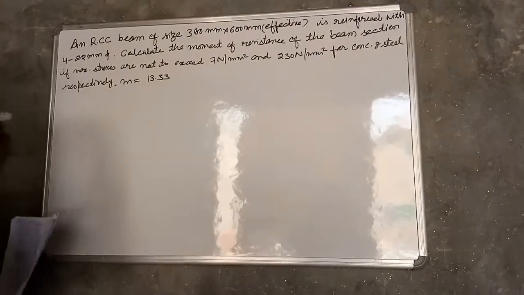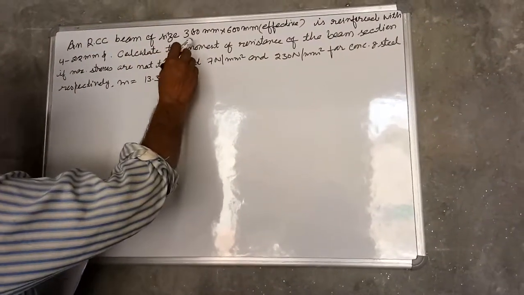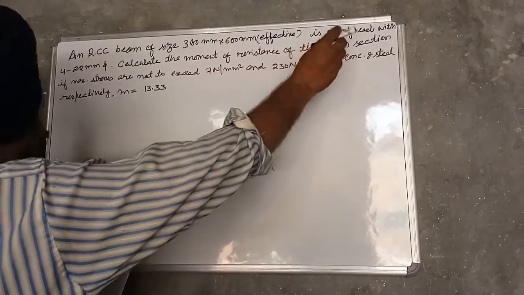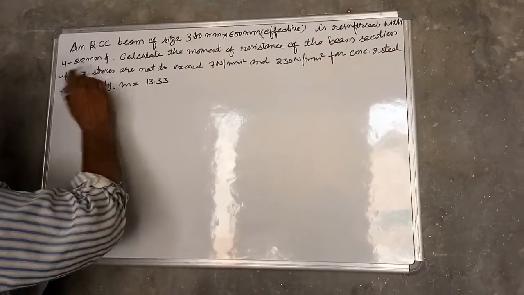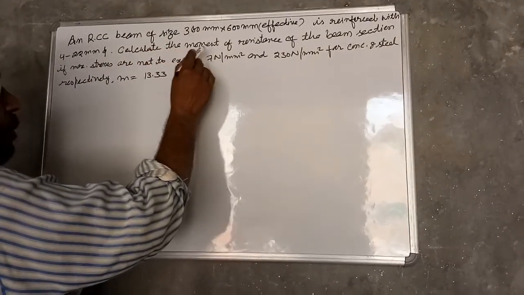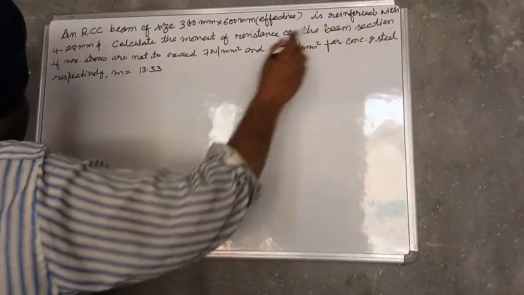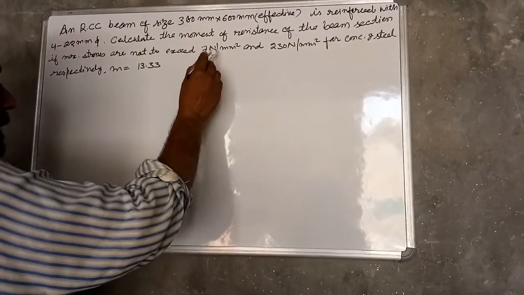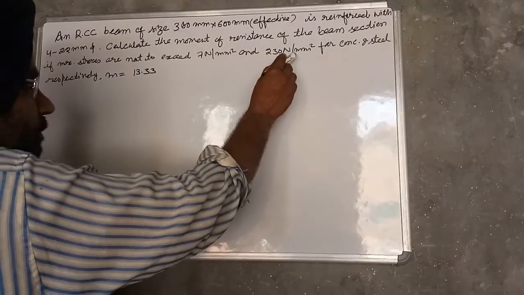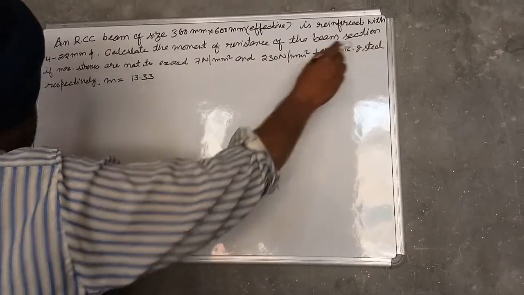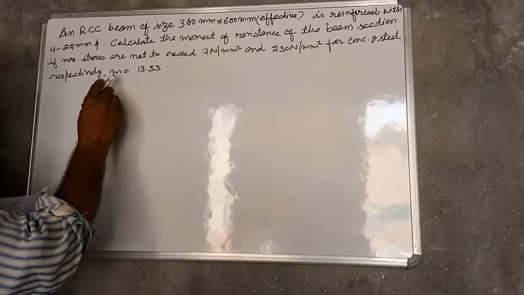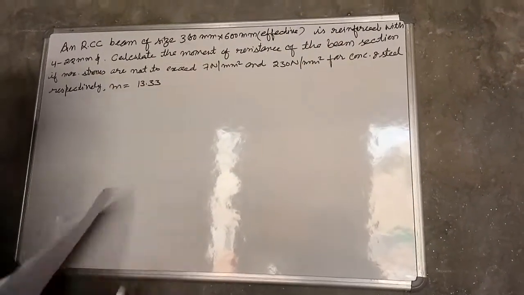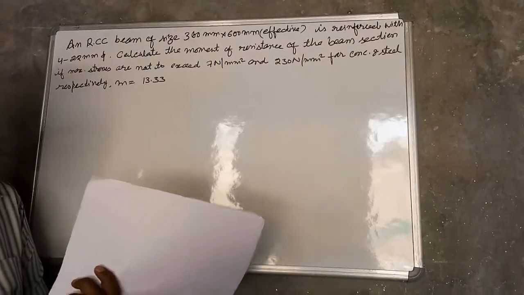So the question is: an RCC beam of size 300 millimeter into 600 millimeter effective is reinforced with 4 bars of 22 millimeter diameter. Calculate the moment of resistance of the beam section if maximum stresses are not to exceed 7 Newton per square millimeter and 230 Newton per square millimeter for concrete and steel respectively. The modular ratio m is given as 13.33. So the solution of the problem is,